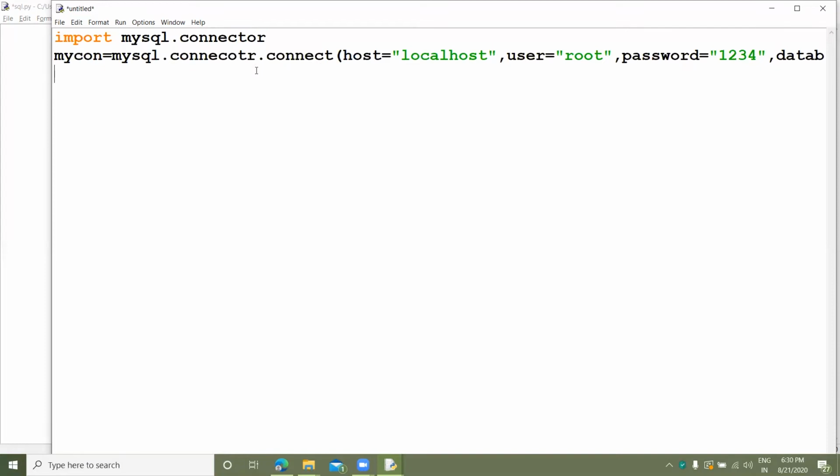So now my cursor, my connection dot cursor.